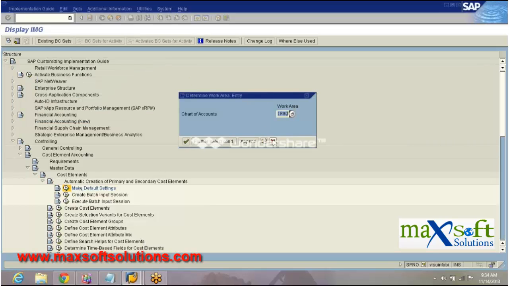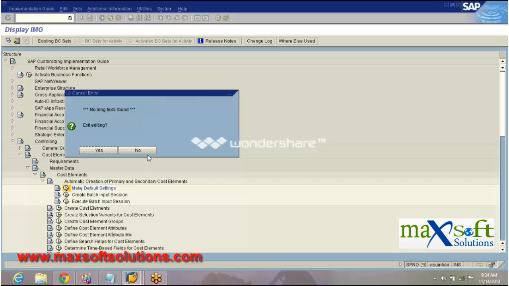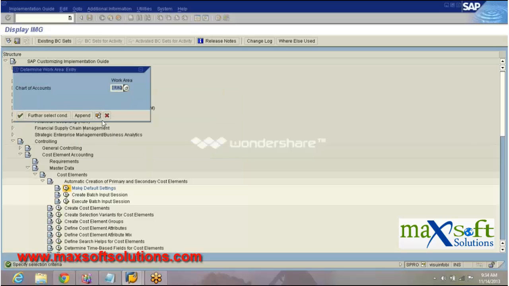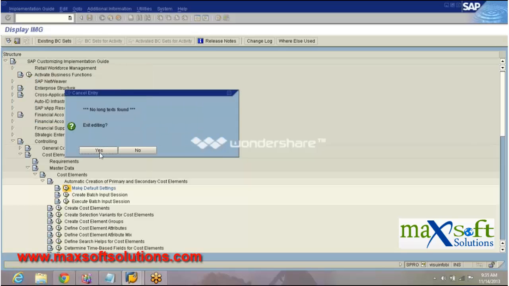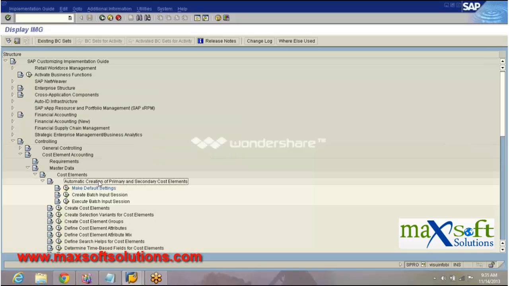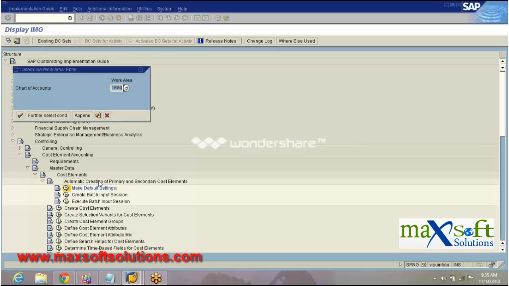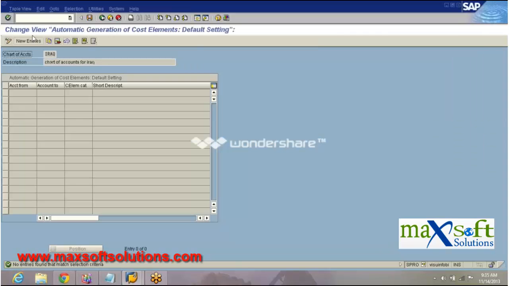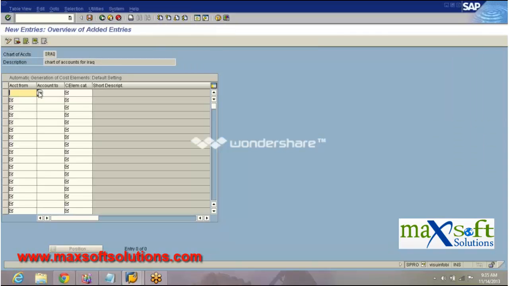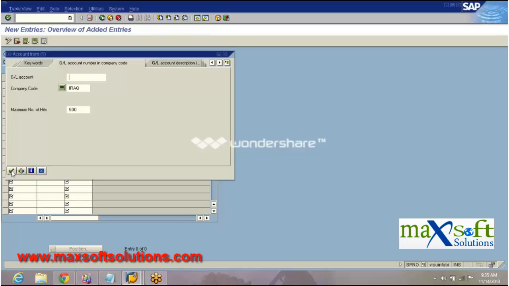For example, go to the automatic creation of primary and secondary cost elements. Here we need to do three things. One is to make default settings. Click there. It will ask for chart of accounts. Press enter. In the new entries, you need to select from where to where you want to create